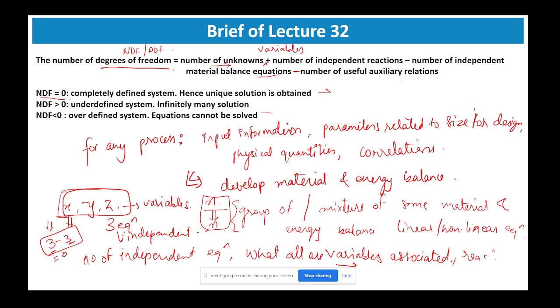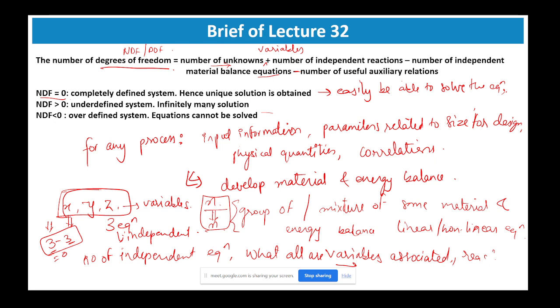So you will easily be able to solve the equation, like the system is completely defined. Okay, and so in that case you do not need to supply any further information. Based on what information is provided already, you will get one solution for all the variables